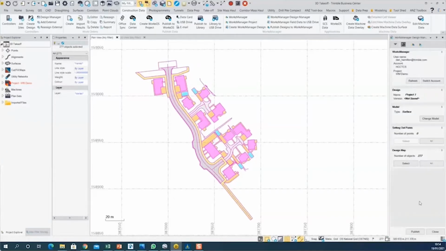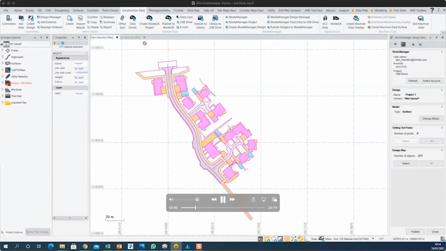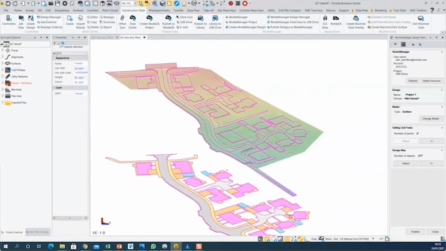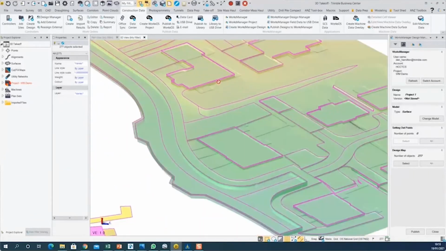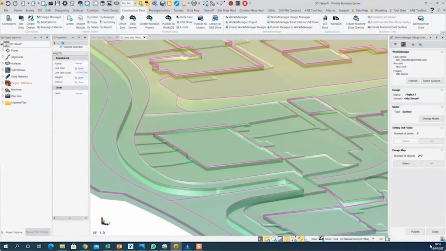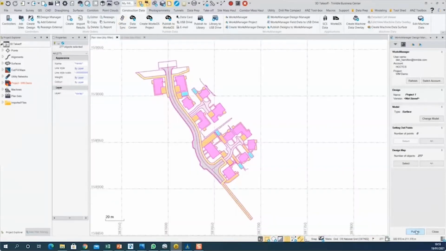So when we're saying the design map, it's just another way that we would typically call it line work. Yeah, line work or background map. Yeah. And these are selectable lines that are going to be on the model? Yes, they will be. As opposed to just an image? Yes, and if I look at these lines here that I've selected, they're all 3D lines. I've also selected some 2D lines as well. These 3D lines here will show up in your machine as 3D lines. Awesome. So now if I hit publish,